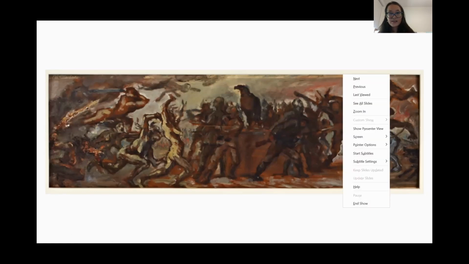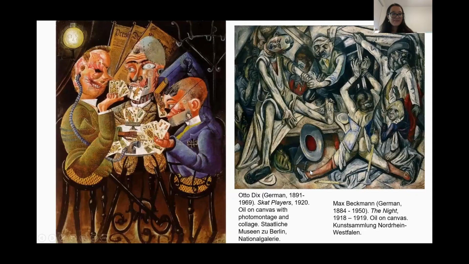So here, we see two pieces. The one on the left is called The Scat Players by Otto Dix, and it shows wounded veterans playing cards. The piece on the right is called The Night by Max Beckmann, who, similar to Zwivocht, volunteered in the medical corps at the start of World War I, but he was discharged after having a nervous breakdown in 1915. These works by Otto Dix, by Max Beckmann, and by Zwivocht would come to be viewed as